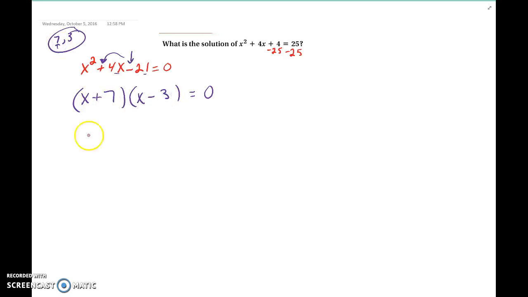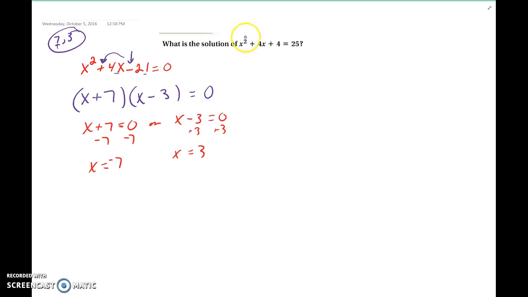So then if we want to solve this, we can take our two factors and set them equal to 0. So then we can subtract 7. We get x is equal to negative 7. Or then we do x minus 3 is equal to 0. Add 3. And x is equal to 3. Right? That is solving using the original method that we learned of just factoring. Right? But if we look at this problem here, we have,